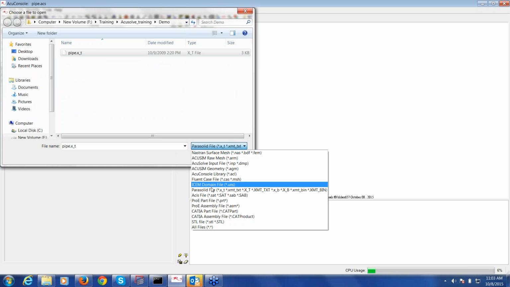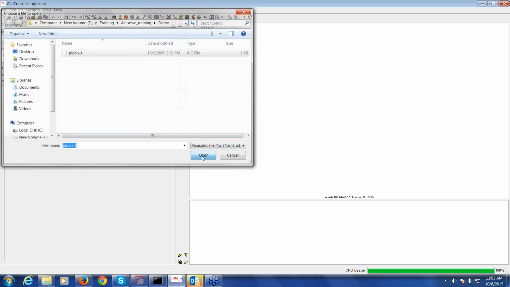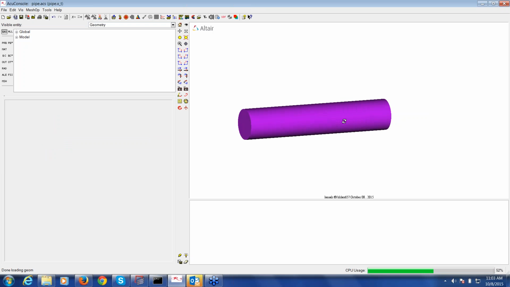It is able to read fluent mesh, it is able to read parasolid file, ANSYS file, ProE part file, ProE assembly file, CATIA part file, CATIA assembly file, etc. Okay, so we will read directly the geometry parasolid file. Just say OK. So this is a pipe which has been imported